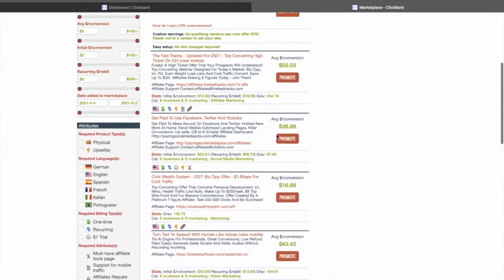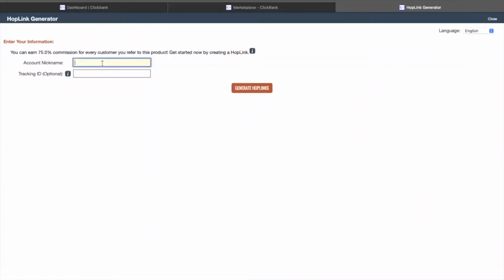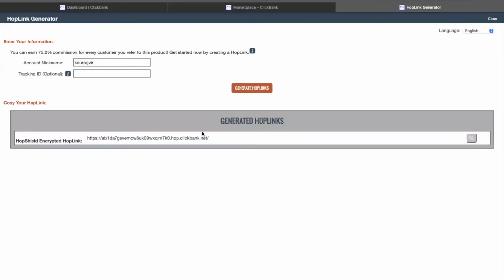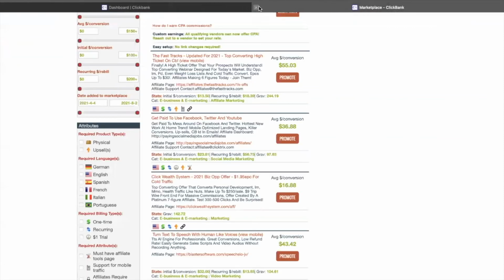This is the amount you will get paid if anybody buys through your link, which means 36.88 for one user. It's a really good amount. Click on promote. You have to put your nickname here, and then you will get your affiliate link. This one is your affiliate link. Copy it and then head over to